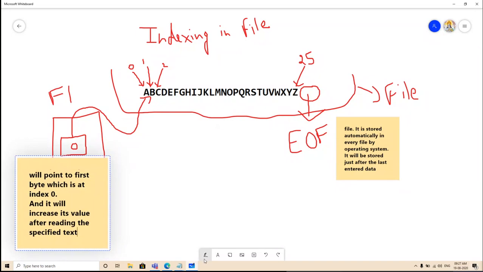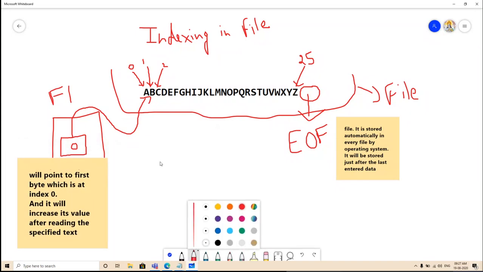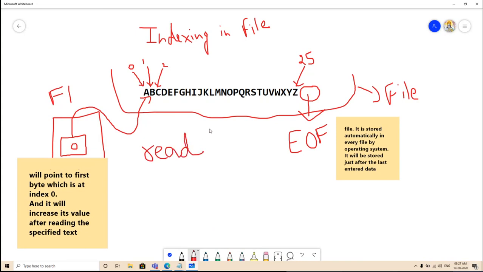Now what is the meaning of this? Let me write it. Suppose that you are writing f1 dot read 1. Now what is the meaning of this? Wherever right now f1 is pointing, from that index please read one character.